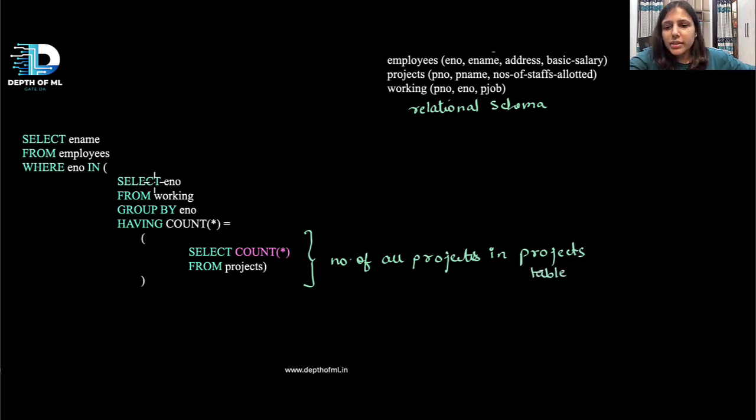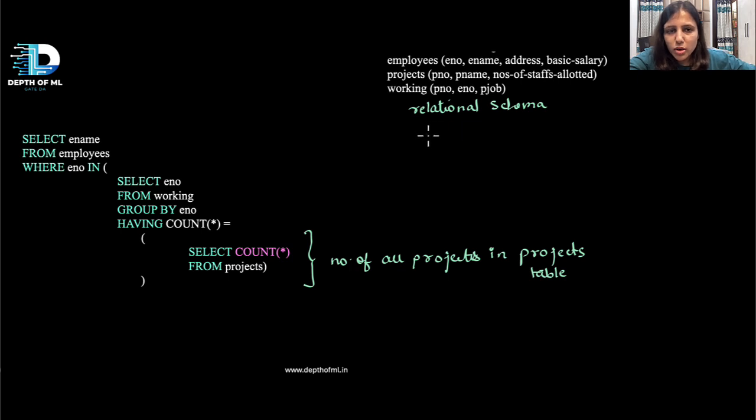Now it's saying select the ENO from working group by E number having count star equals to this. So now let's look at working table. So working table has ENO, P job, and P number. So when we group by ENO, right? So for every employee we are grouping, and then we are using count star, right? So when we group all the rows, combined rows,